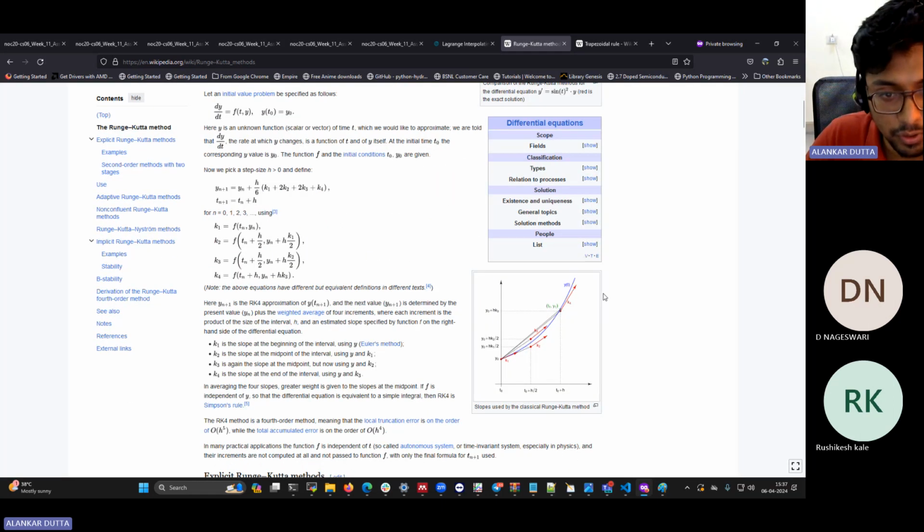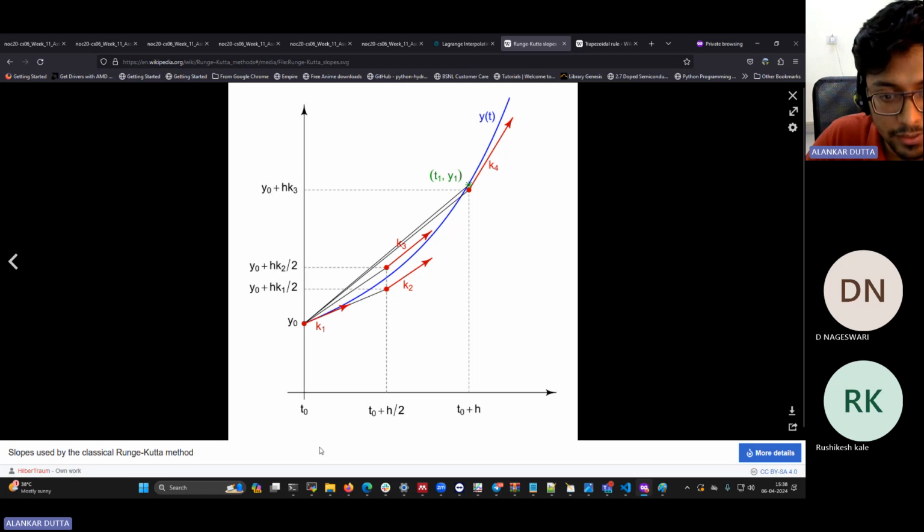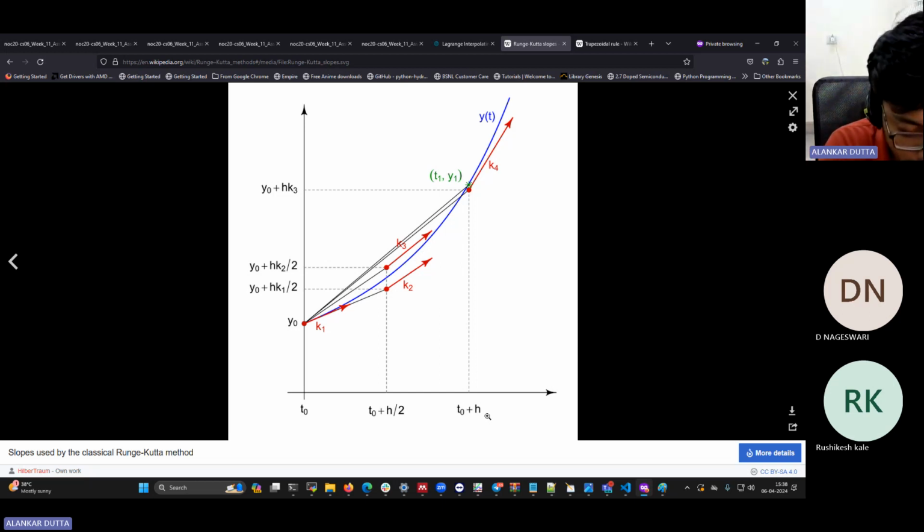The way this Runge-Kutta method works is that you start with some initial condition, which in this specific case, as you can see, let me zoom in, is referred to as t0, and this is h. So this is your step size where you want to find out, according to the differential equation, what will be the solution at that next point in the function. So the idea here is you first go to a place which is midway between t0 and t0 plus h. So there is that distance h by 2, and there you try to approximate the slope of the function. So you approximate the slope of y,